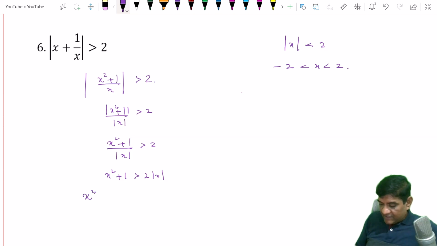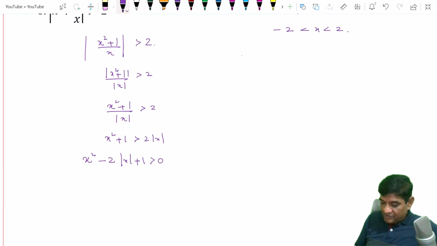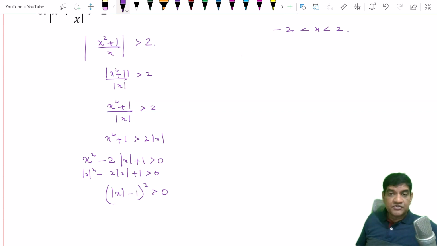Transpose it to the left hand side, so you'll have x squared minus 2 mod x plus 1 is greater than 0. Now x square can be written as mod x the whole square minus 2 mod x plus 1 is greater than 0. Now this is simply mod x minus 1 the whole square greater than 0. Now this is true for any value of x except for the value of x as -1 and +1, right? So x cannot be equal to -1 and +1, and therefore the solution set is going to be all of